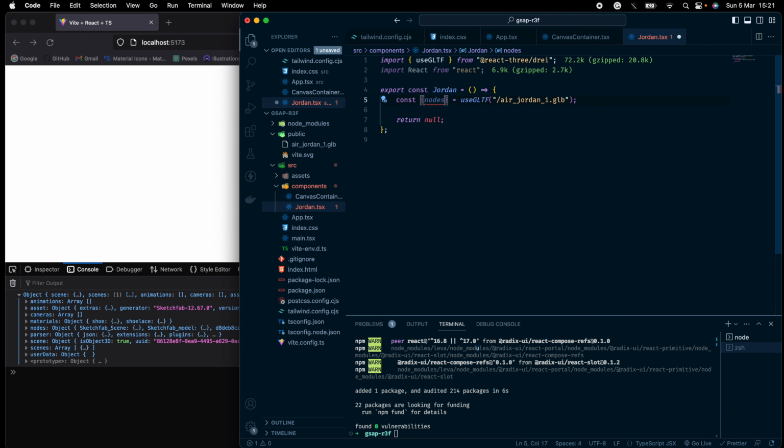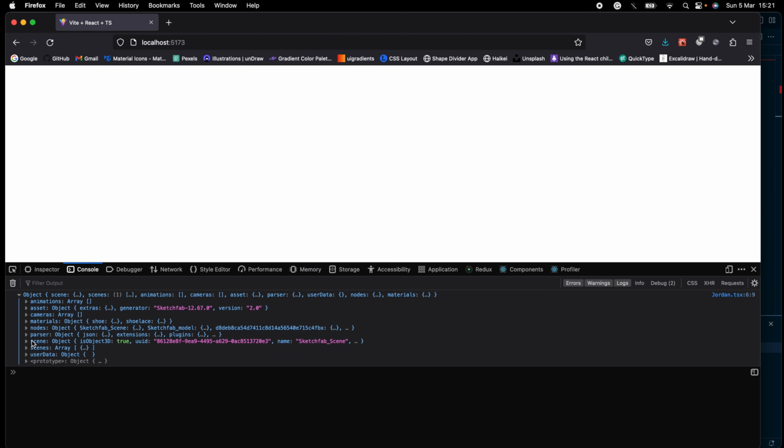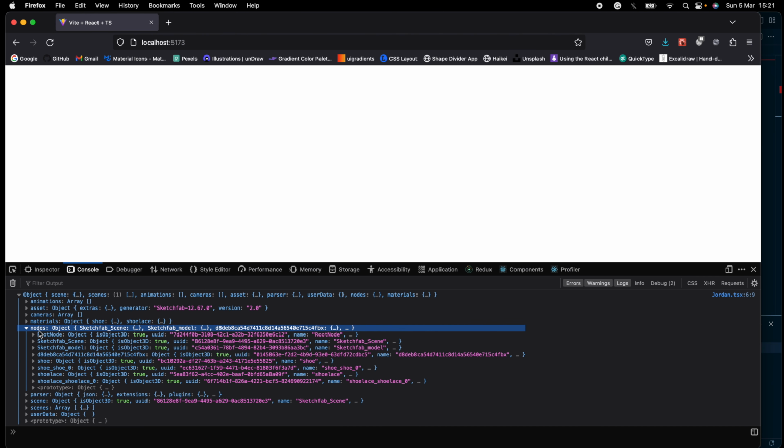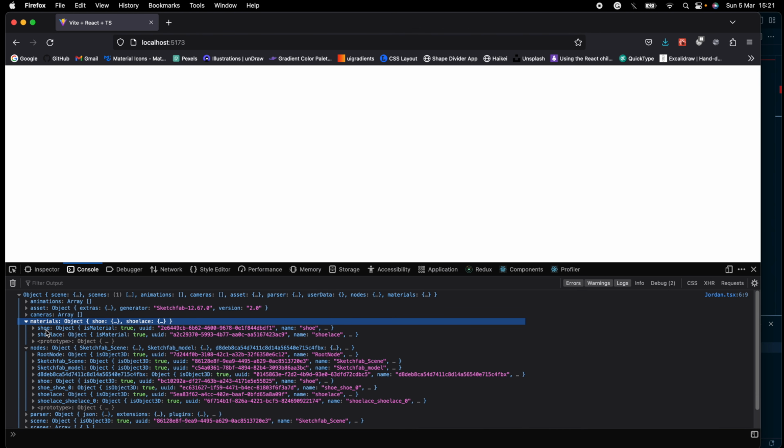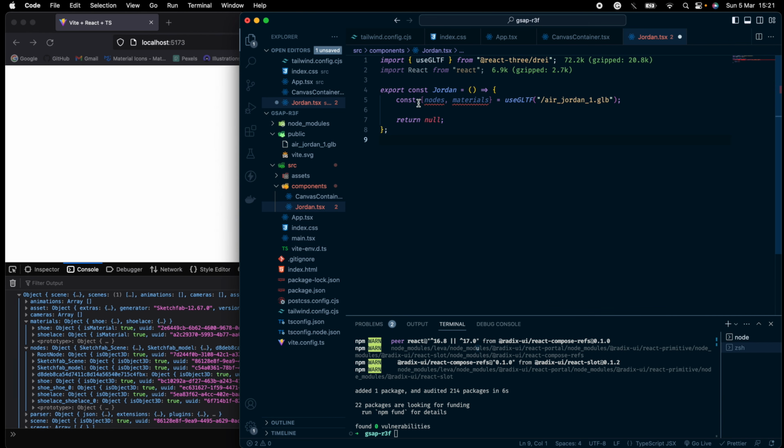nodes and materials. So this is the model. I'm destructuring the nodes to get the geometries and the materials as well, the shoe material and shoe lace material. I'm getting an error now because of TypeScript. So for that error to go, let me create a